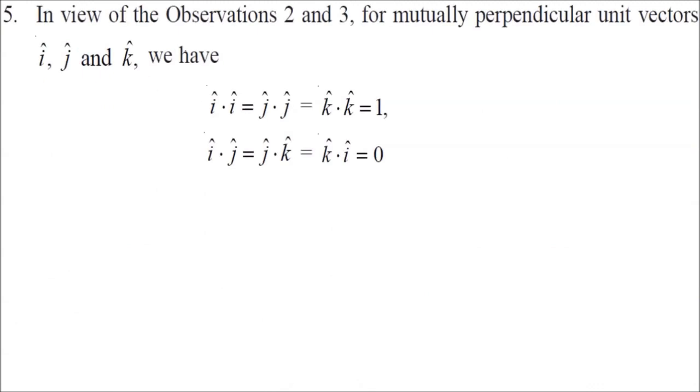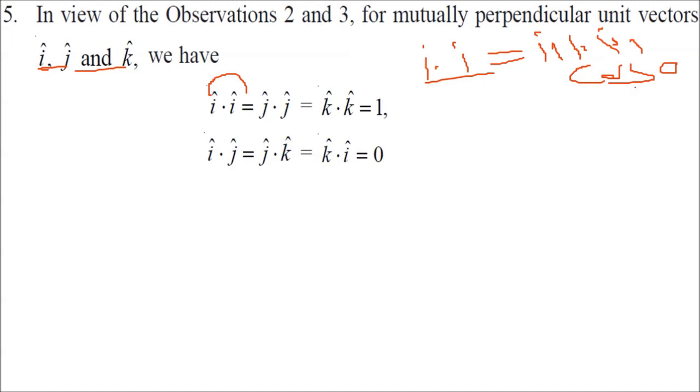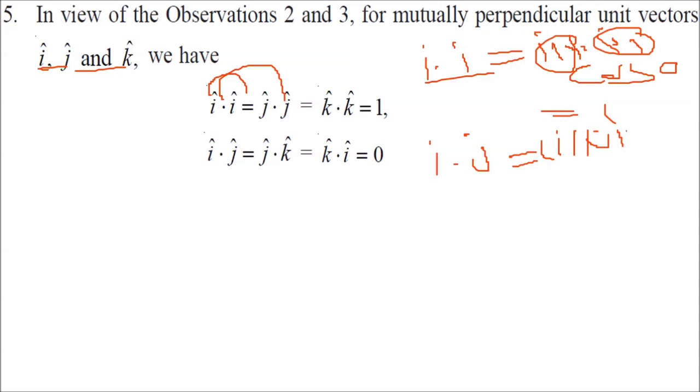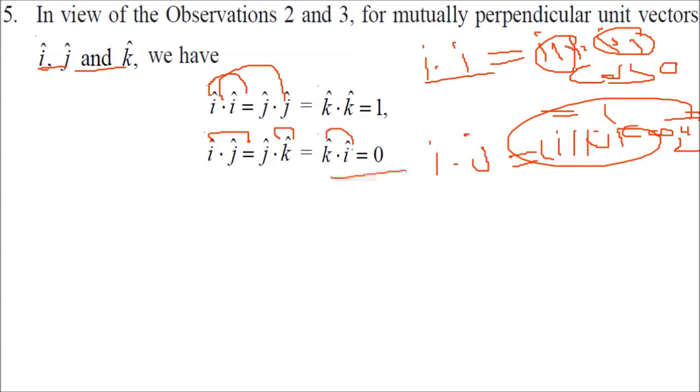Now as we just saw, the perpendicularity, the unit vectors i, j, k. So i dot i is what? Magnitude of i, magnitude of i, and cos, because the angle will be 0, cos 0. So it will be equal to, this is magnitude 1, this is magnitude 1, it will be 1. So i dot i will be 1. And when we take i and j, because they are perpendicular, it will be i, j, and cos pi by 2, that is 90 degrees, and this will be 0. So i dot j, j dot k, and k dot i will be 0.